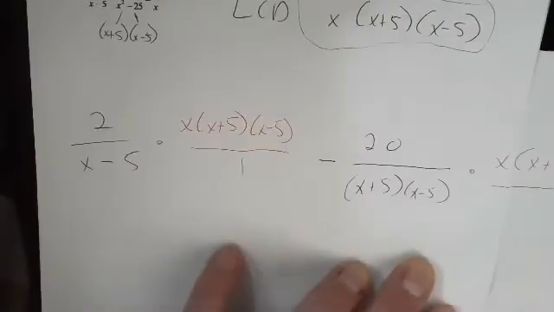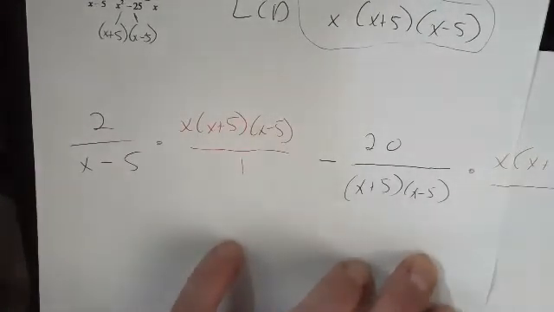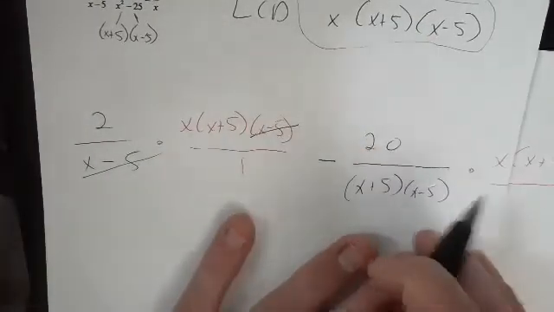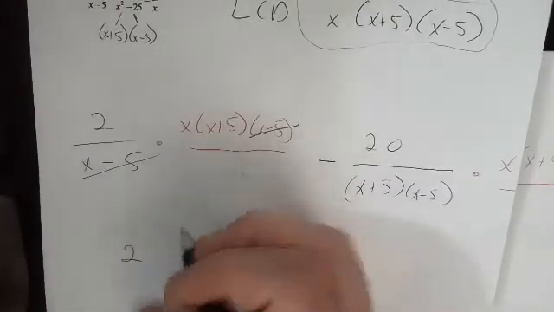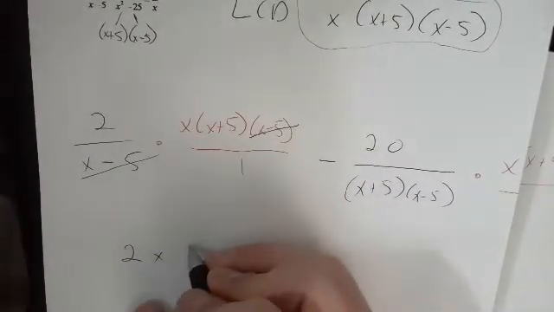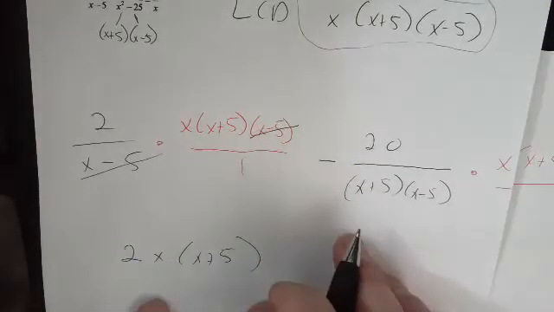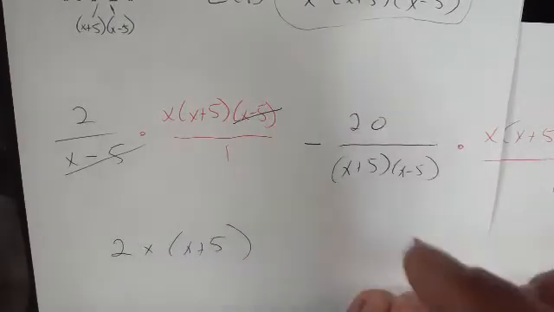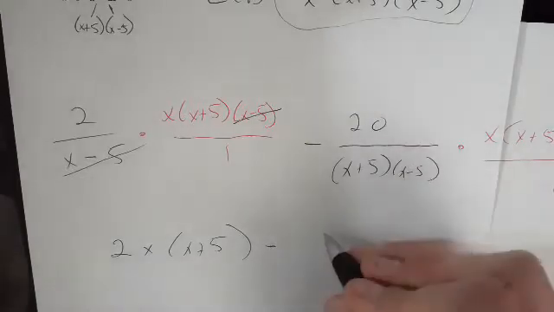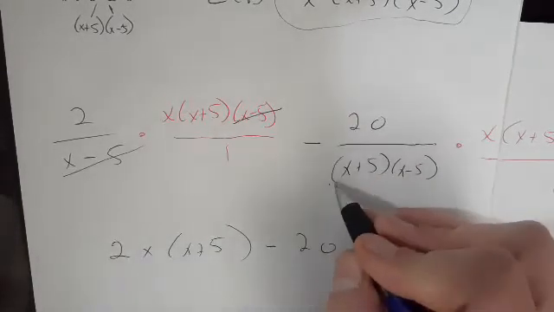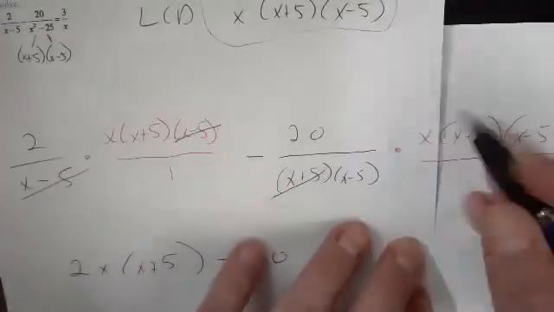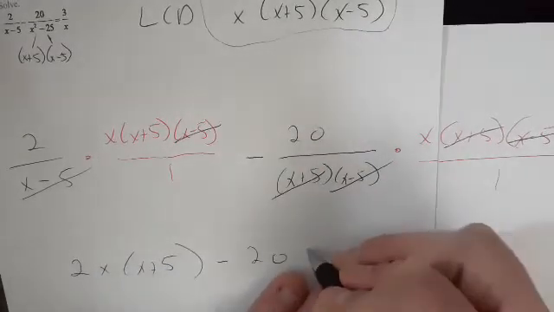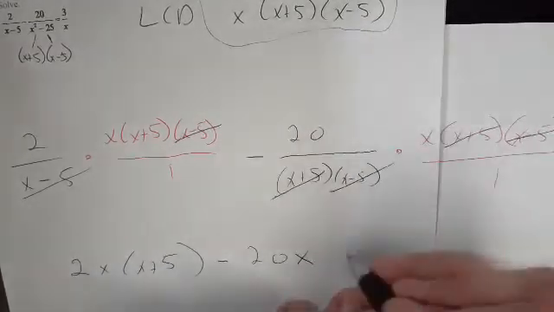Alright, so they should start simplifying. And if you do enough of these, you might be able to jump maybe one more step. You might be able to jump to this next step where you say, well, I know the x minus 5 is going to just 2x and an x plus 5. I have a minus 20 times something. This x plus 5 and this x plus 5, x minus 5, this x minus 5. 20 times x, what's left on top. And this is equal to,